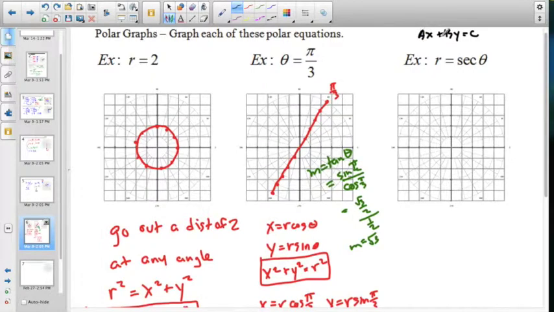Sometimes instead of solving it for y and graphing it in slope-intercept form, sometimes it's just easier to make an xy table and start graphing points. So we can make an r theta table here. And remember that secant is 1 over the cosine of theta equals r. So if we made a table here of theta and r, when theta equals 0,